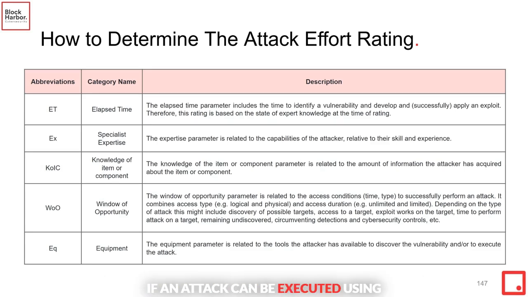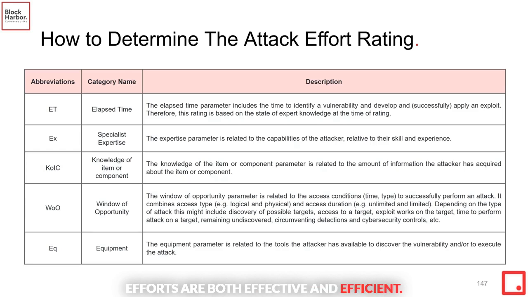If an attack can be executed using readily available tools, it's much more feasible than one requiring sophisticated or expensive equipment. By analyzing these factors, we can determine how feasible an attack path is and assign a feasibility rating, ranging from very low to high. This information is invaluable in helping us prioritize which threats to address first, ensuring that our cybersecurity efforts are both